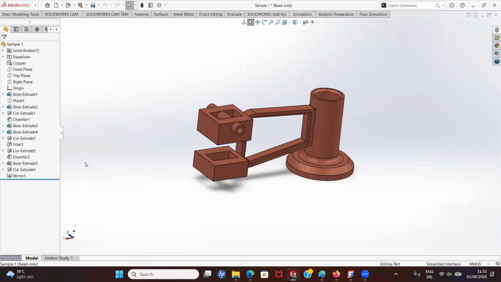In this video, we're going to show how to create multiple variants of the same model without building the model from